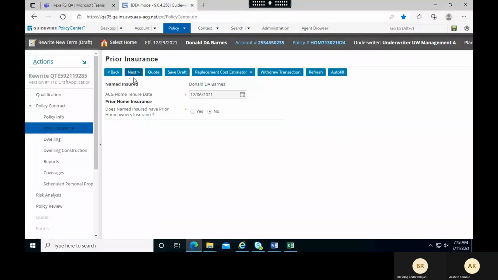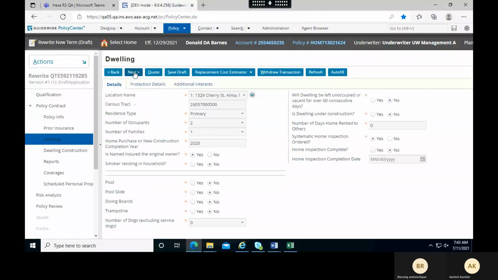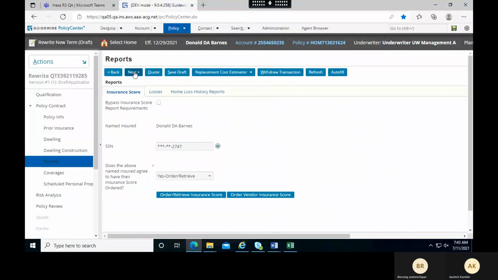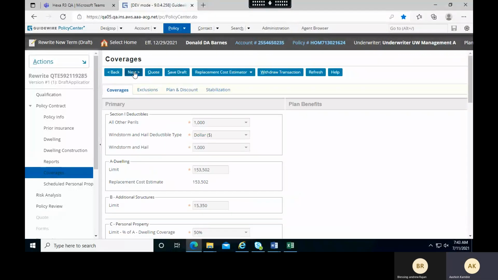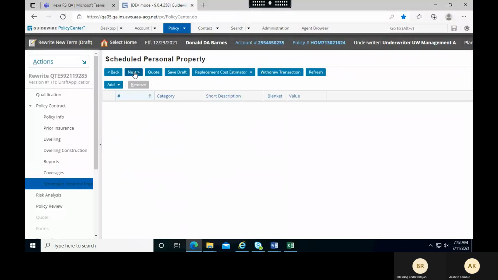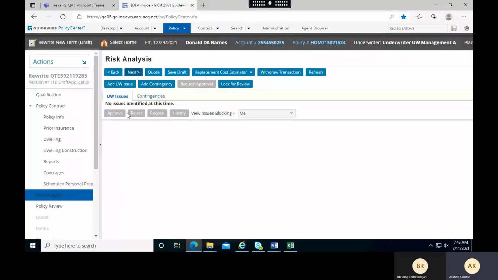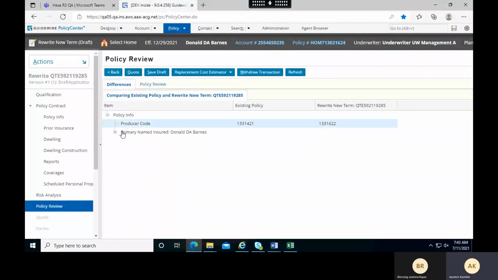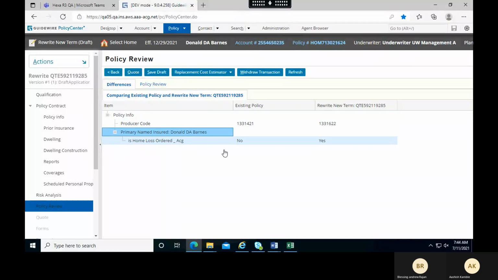Next, next, dwelling construction, next, reports, next. On coverages, we don't want to change anything, so I'm selecting next, next. At the moment, there are no risks associated with this policy rewrite, so there is no issue listed. So we are selecting next. On policy review, yes,